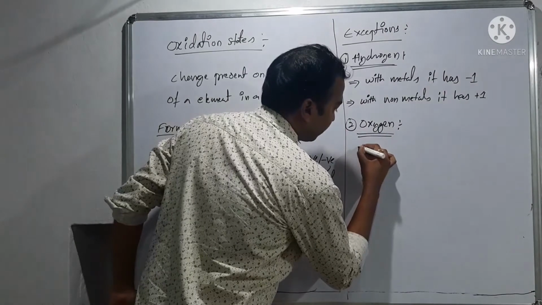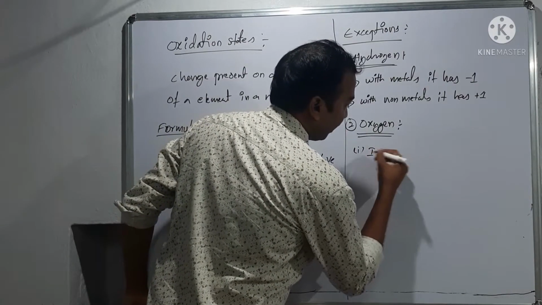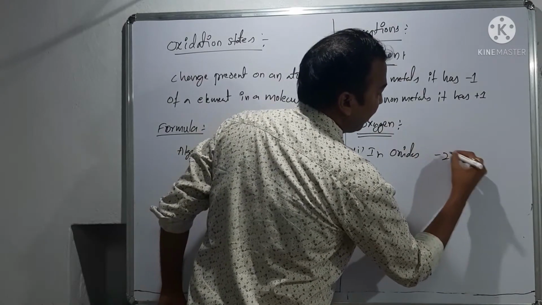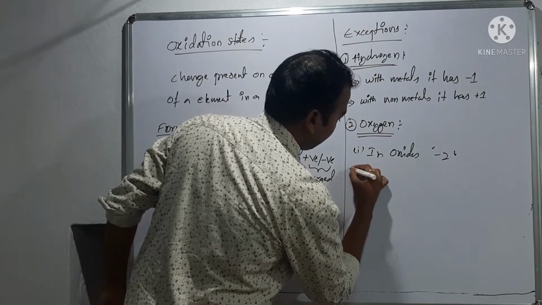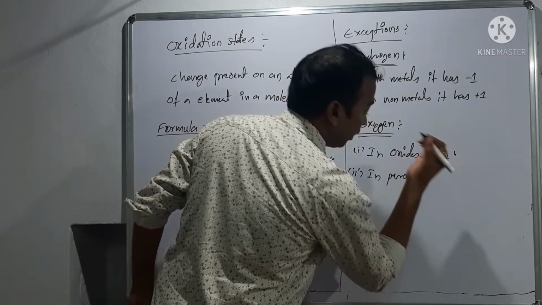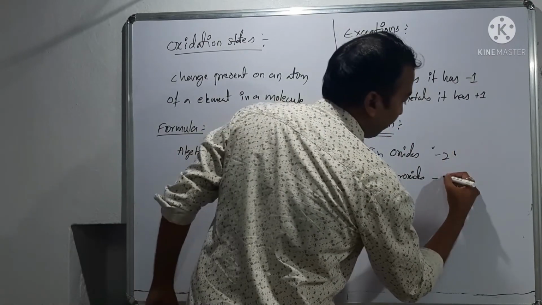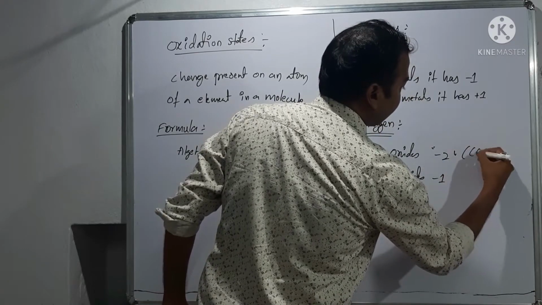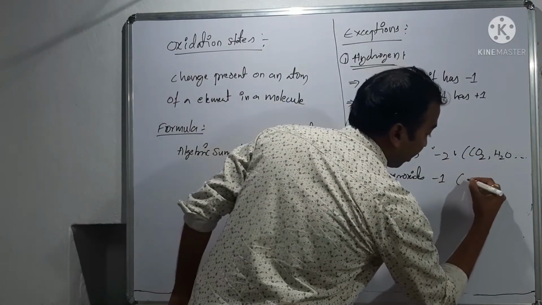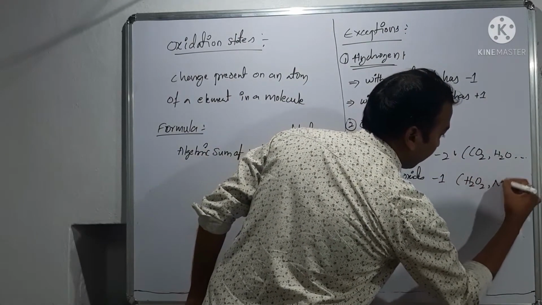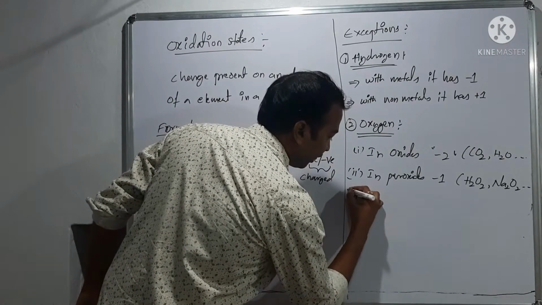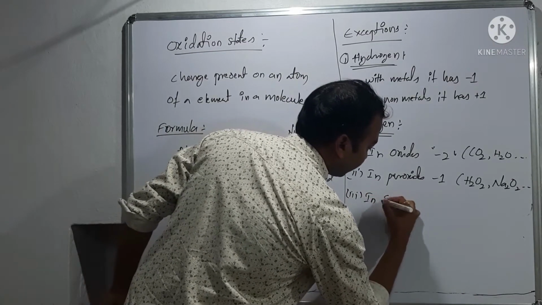For the first one, in oxides, oxygen generally shows a -2 charge, whereas in peroxides it shows a -1 charge. Examples of oxides are CO2 or H2O, etc. Examples of peroxides are H2O2, Na2O2, etc. And another form is in superoxides,